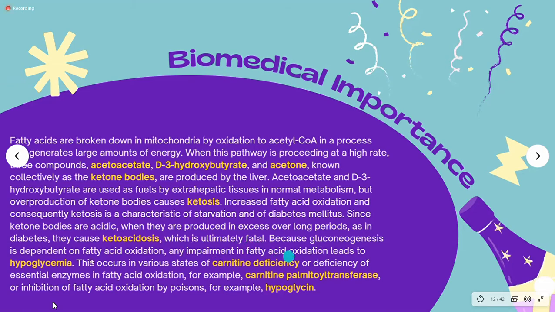Because gluconeogenesis is dependent on fatty acid oxidation. I've mentioned this already, that your gluconeogenesis is dependent on oxidation of fatty acids, because they need the energy to form glucose out of non-glucose materials. This occurs in various stages of carnitine deficiency. Now I'll be talking about this. Carnitine deficiency is